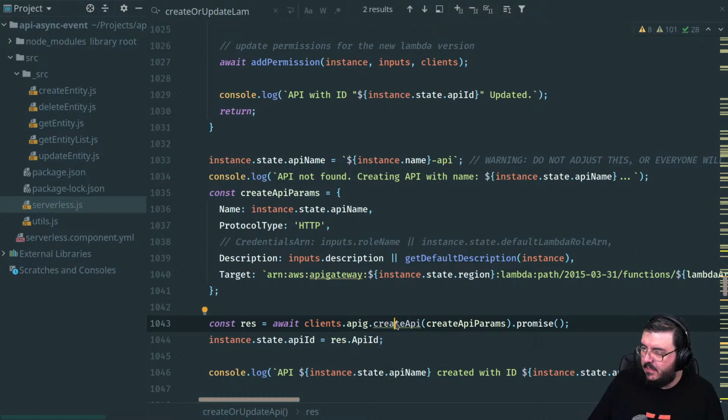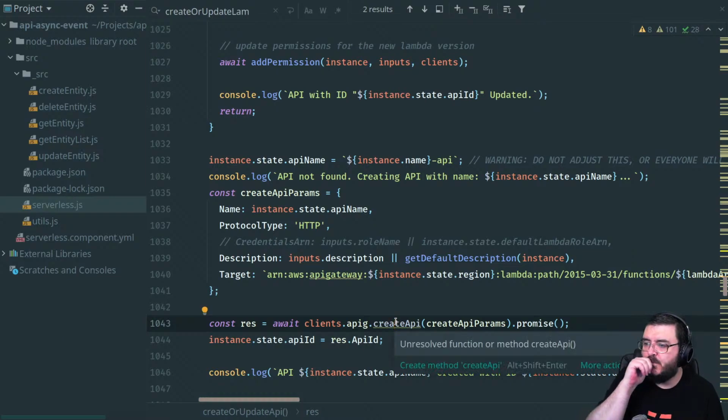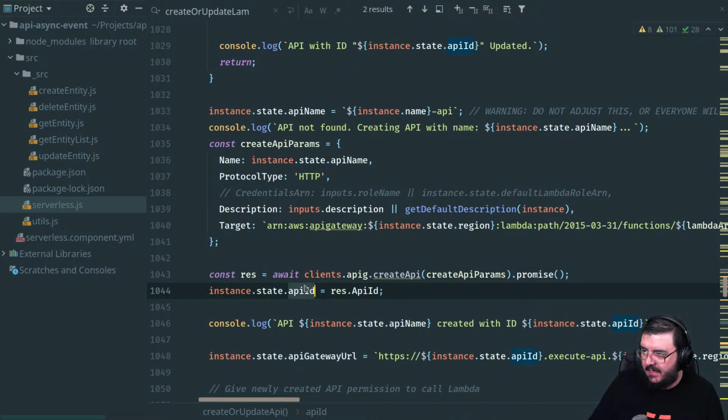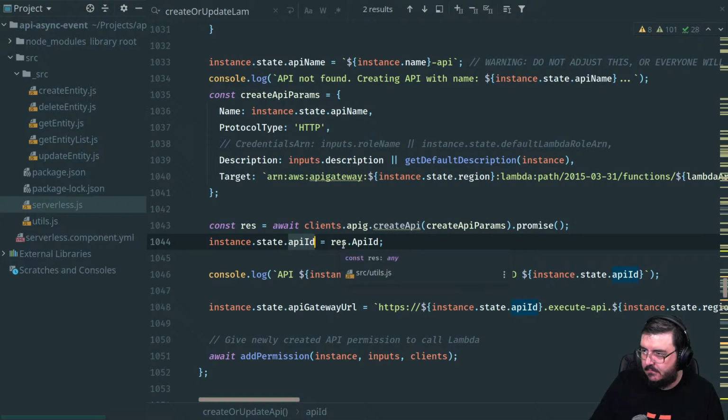All right, so again, I'm going to go look at the... It's what we don't want. Okay, I'm just trying to think it through. Sorry, folks. What we need is for this to be created and get our API ID. Then we need to add the routes as well. So this is where afterwards we loop through and add routes, I think.